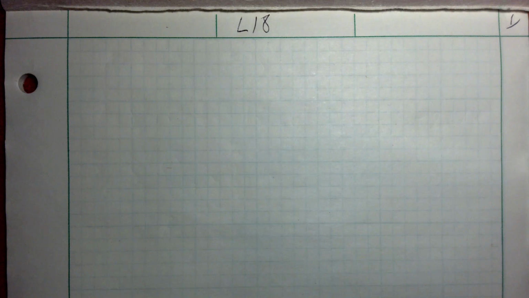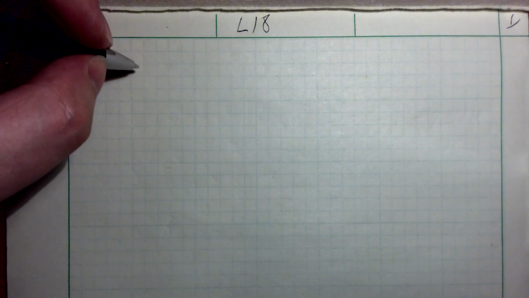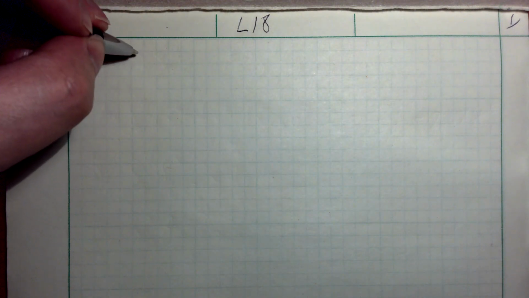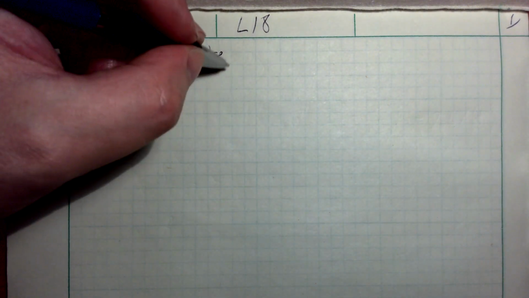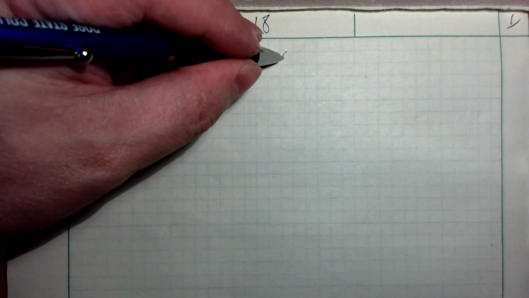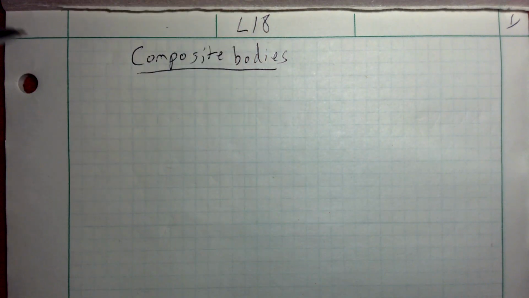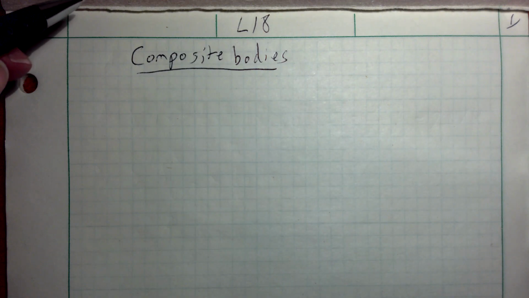Welcome back. We're going to continue talking about finding centroids. But in this video, we're going to employ a concept we call composite bodies. So the idea of composite bodies is simply this, that we're going to,